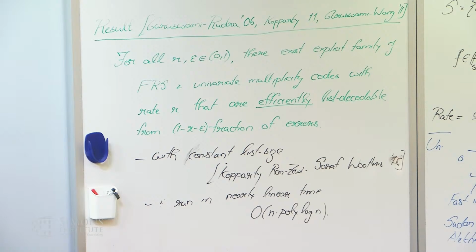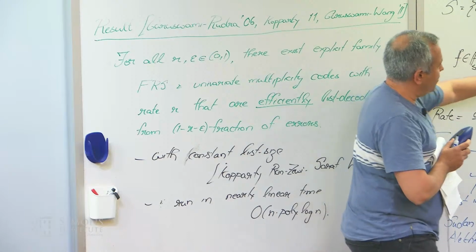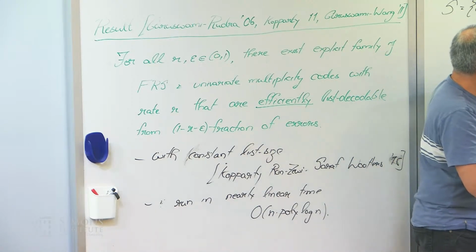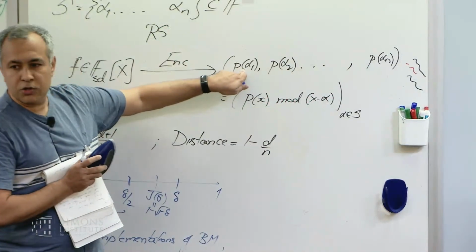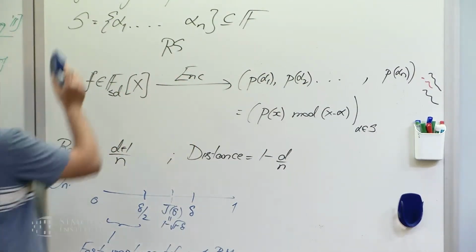Multiplicity codes are called multiplicity because at every point, in addition to giving the evaluation, I'm also going to give derivatives up to a particular order. So we're going to work with